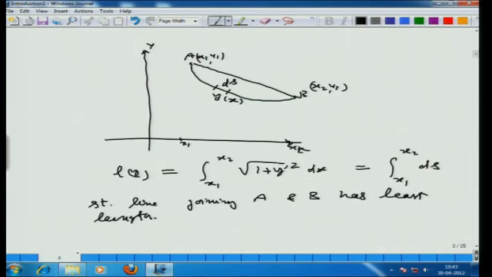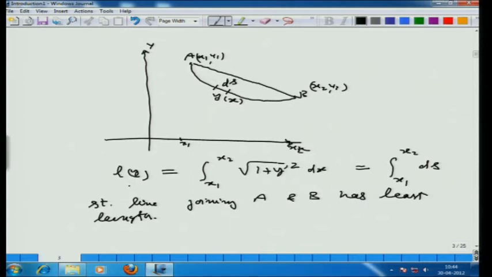We saw the second problem, where in a plane there are 2 points A and B. Then we asked to find a curve such that the length of the curve joining these 2 points is the minimum, and we know the answer is the straight line joining these 2 points A and B in a given plane. And we can see that it can be posed as a problem of calculus of variations, like the minimization